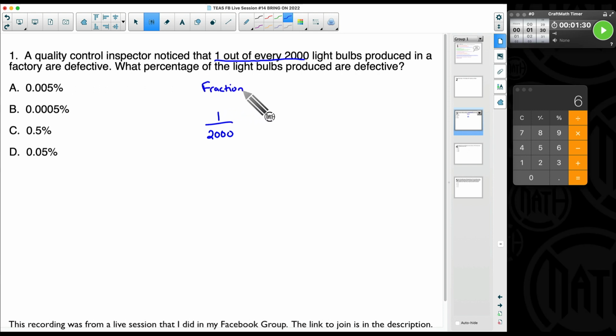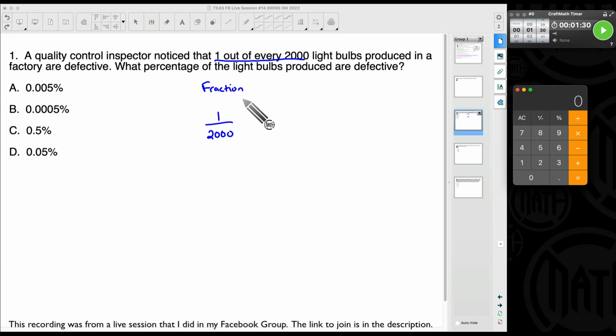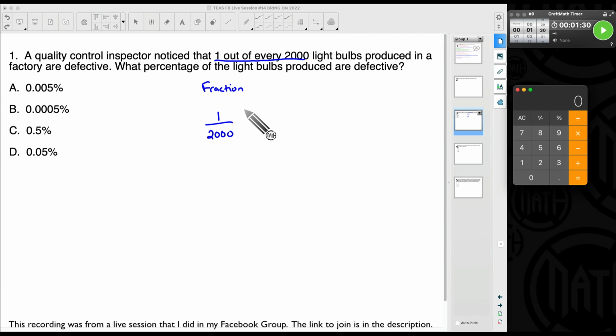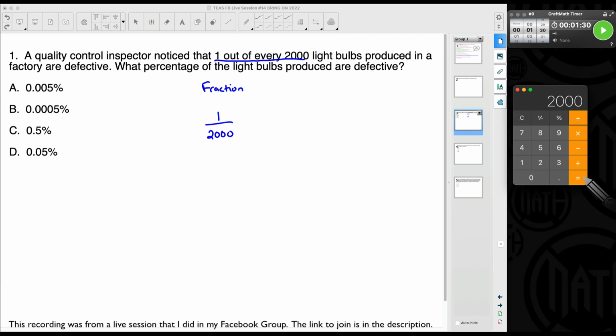And something I want you to know right now: if you ever have a fraction, you can always convert a fraction to a decimal very quickly by dividing. And it does matter what order you divide. You have to take the top number divided by the bottom number. So therefore, if we take 1 divided by 2,000, we're going to get